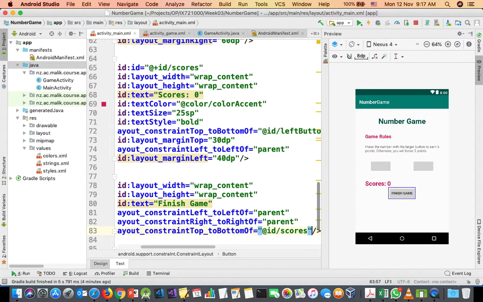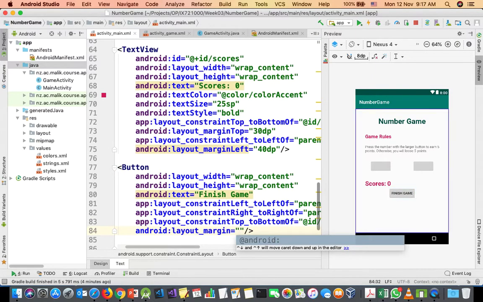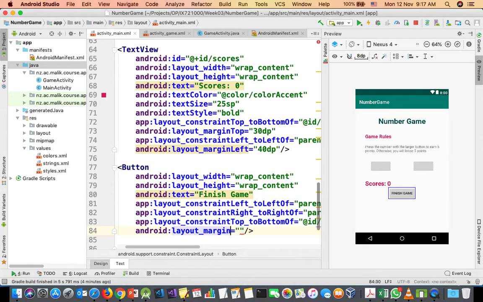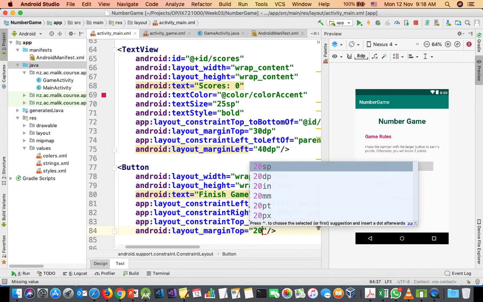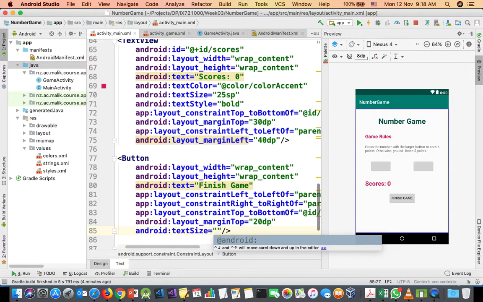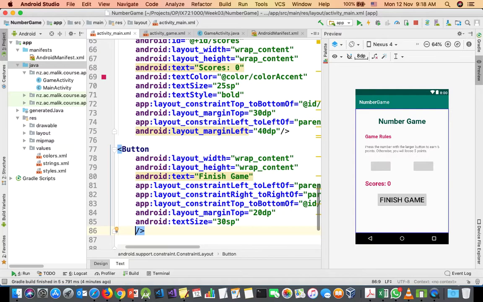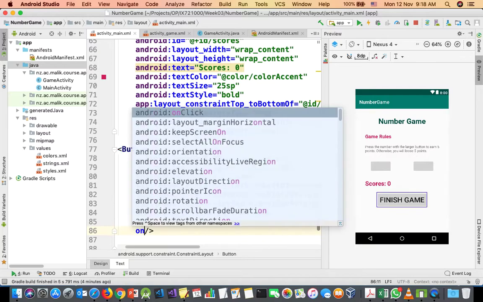Okay, so you can see that. Maybe I can put some margin on the top. Margin top 20 dp. I can say that the text size is 30 sp. Okay, and that's it. I think that should be quite enough. And then here, when you say finish game, when I click on that, I set on click